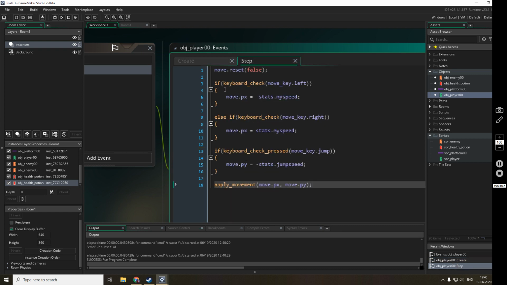Now it comes down, it checks the horizontal movement, it checks the vertical movement, move.py is equal to minus stats.jumpSpeed, and then it applies this value to move.py, and that stays as it is, that's why it keeps going up. What we'll have to do is